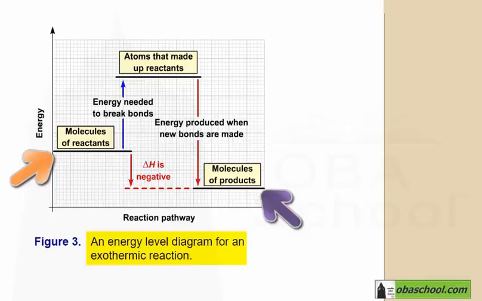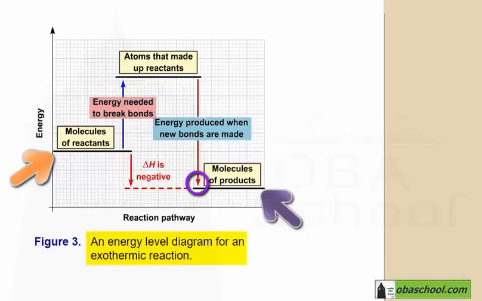Then starting from the left, in the first stage, the bonds in reactants are broken, so energy is needed to break down the bonds between the atoms of the reactants. Energy is needed, thus this is an endothermic process, and this process is represented by a blue arrow pointing upwards, so more energy is absorbed into the system, which raises the energy of the system upwards. The second stage of the chemical reaction will be the formation of new bonds, and thus obtaining the products, where this is an exothermic process, and we represent this stage with the red arrow pointing downwards, so energy is released